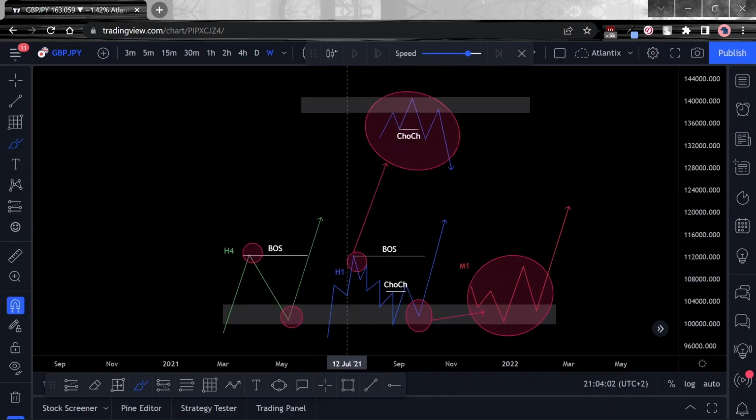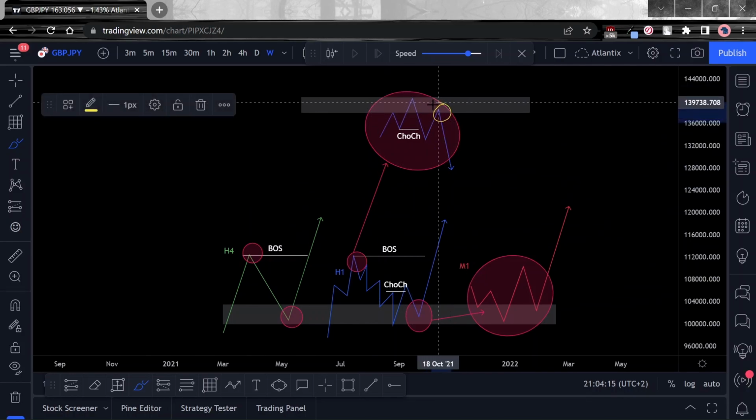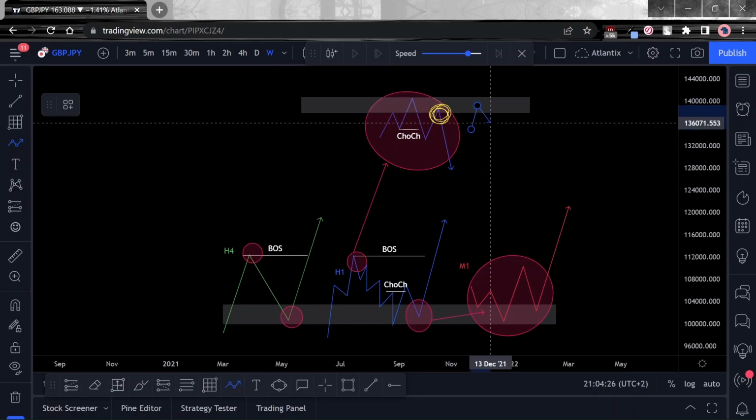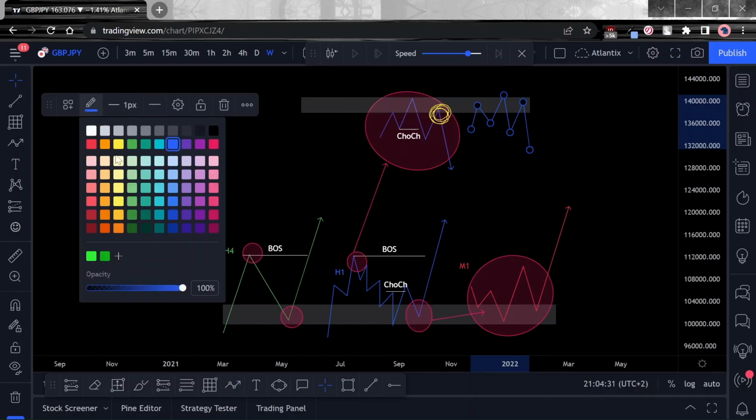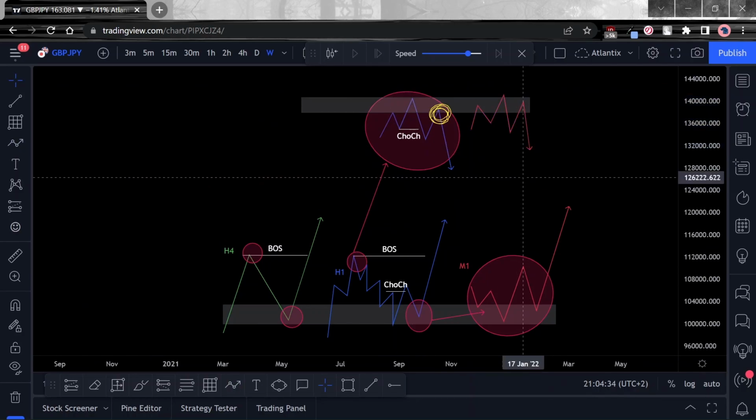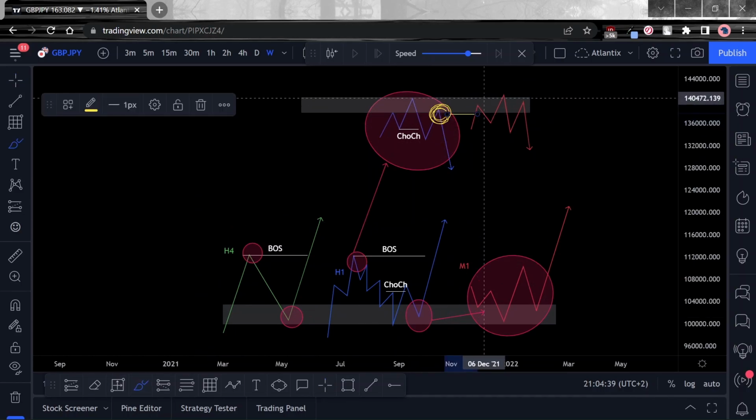All right. So these setups are exactly what we're looking for. Again, we are not trying to fight the market. When price comes back here, say this is the H1, you can move to an even lower time frame, maybe an M5 or whatever. Wait for the same thing. The market will continue to do the same thing over and over, right? Maybe it's your M1 again. You simply wait for that. This is what you're going to wait for.